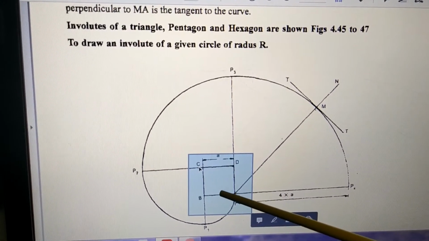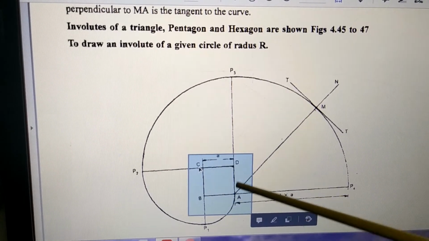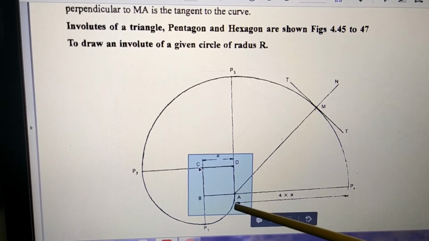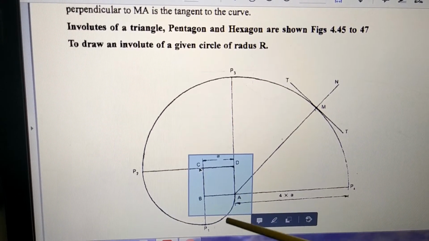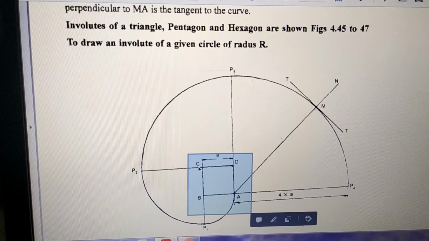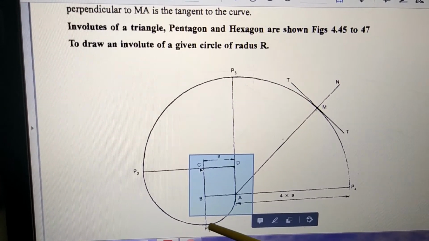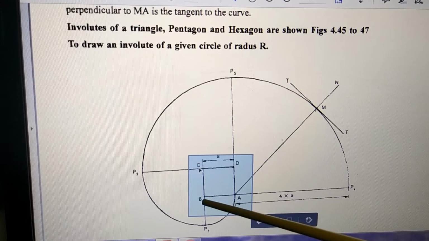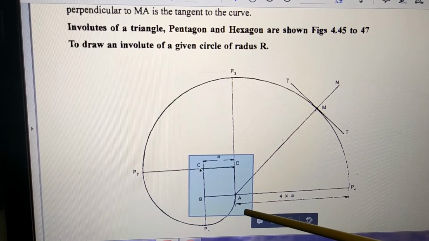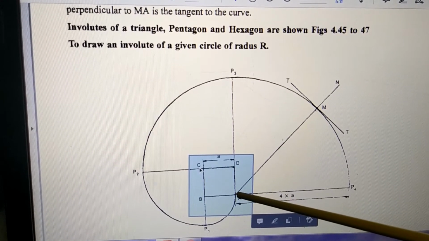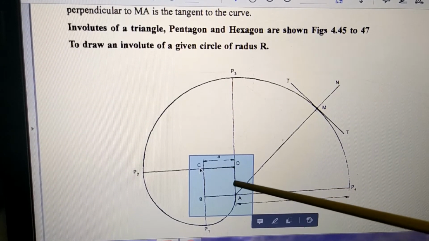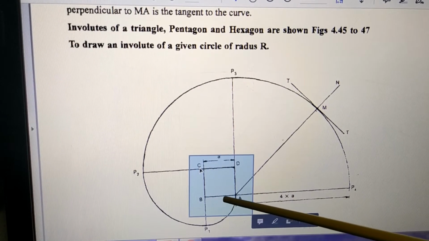First we draw the square of size A, B, C, D, and the length is 30 millimeter, 30 millimeter, 30 millimeter, 30 millimeter, which you can easily draw. After drawing that, now we have to draw involute curve. Before we do that, let us try to understand the meaning of this involute curve. Now try to imagine that this square is like a box, and you have taken one rope, one thread. One end of the thread is tied here at A, and now the thread you are going to wind like this. So your thread goes from here, here, here, and the thread ends here.